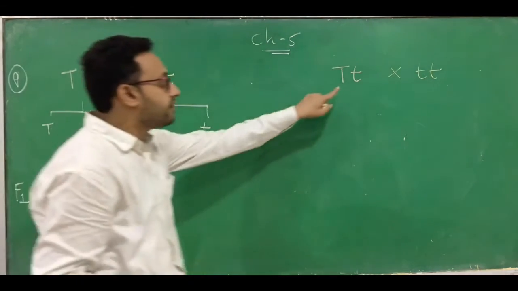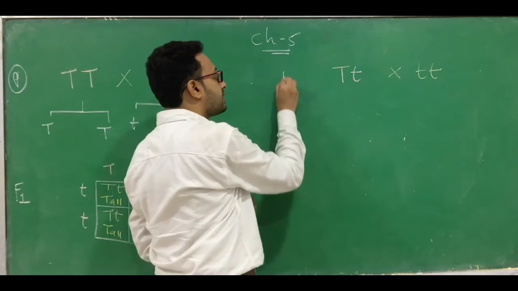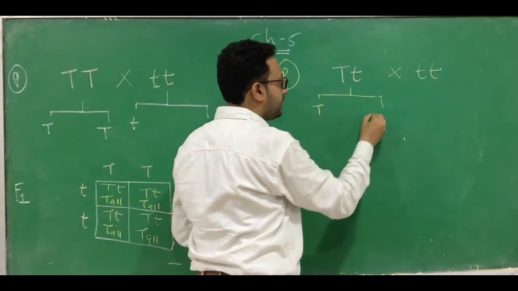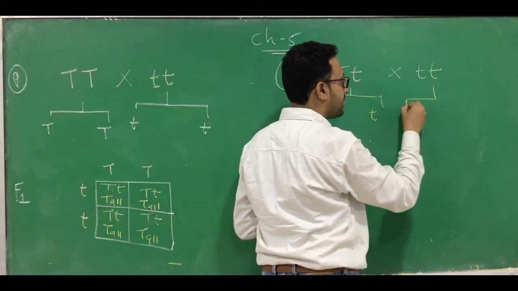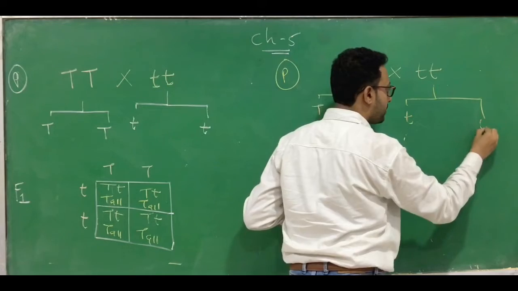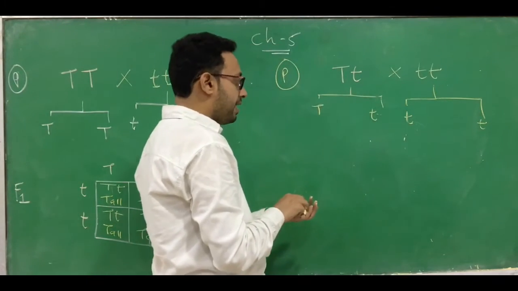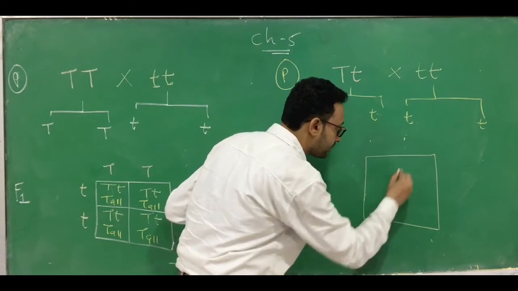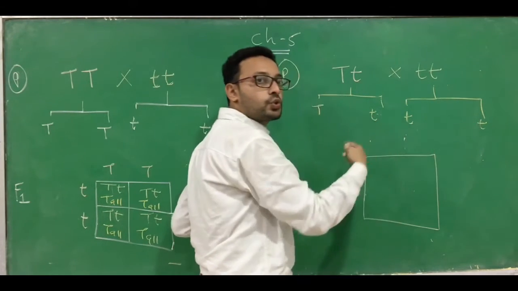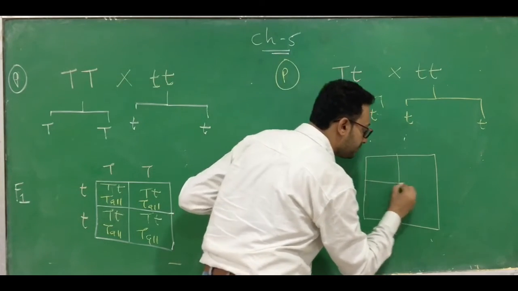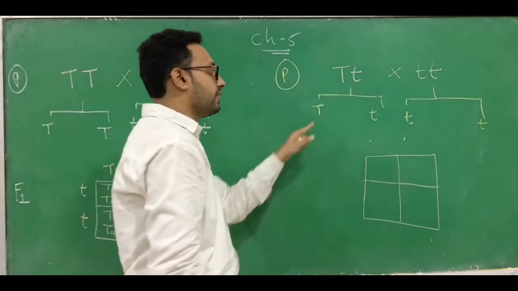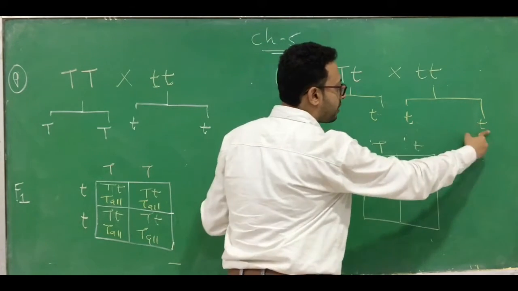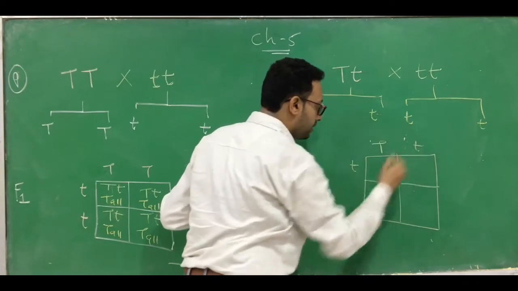But suppose assume that it is heterozygous tall. Do the same. This is the parent generation. Make out the gametes. Which are the gametes? Capital T, small t. Here the gametes are small t. Now make the fusion, using the Punnett square method. Make a square. 2 gametes, so 2 2s are 4. I have to make the 4. On one side one gamete, so I am writing capital T, small t. Another side another gamete, small t.